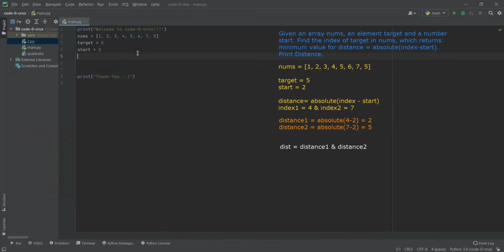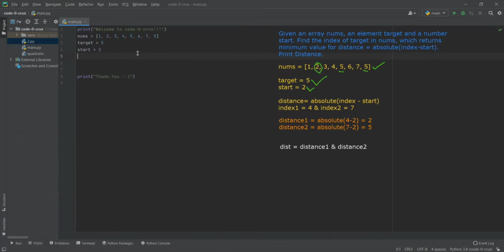Coming to the concept of solving this problem, as you can see, we have declared an array nums, our target element is 5, and start is 2. What are these two things? 5 is an element present in the array nums twice, and start is this number 2.